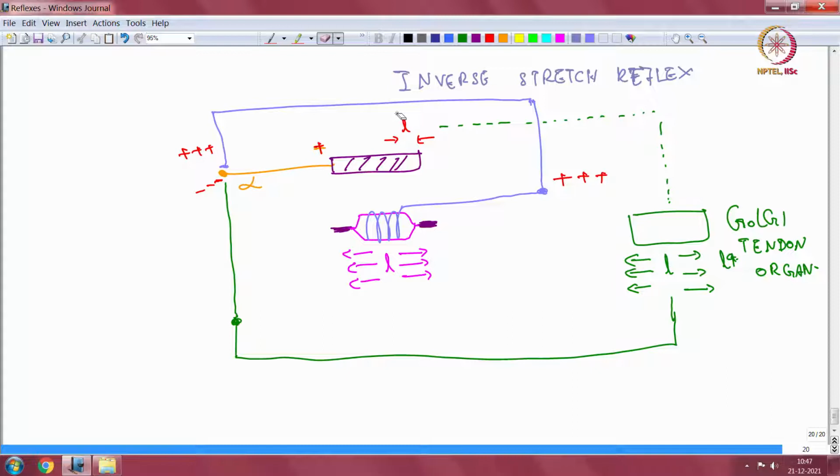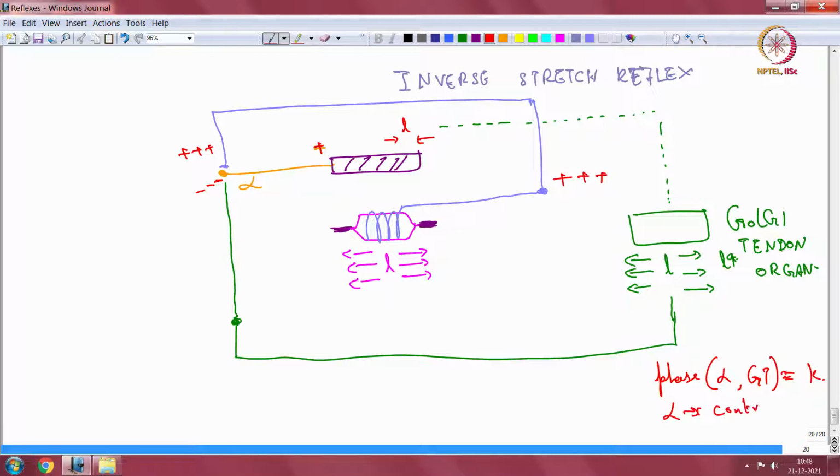Simply put, if the Golgi tendon organ were to work in the same phase as the alpha motor neuron, alpha comma Golgi tendon equal to a particular constant, then there will be no muscle activity,